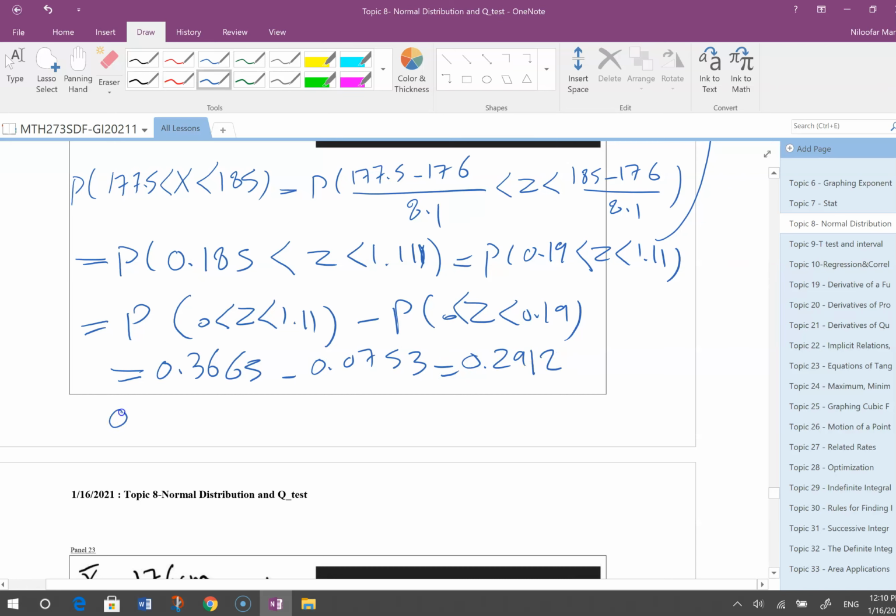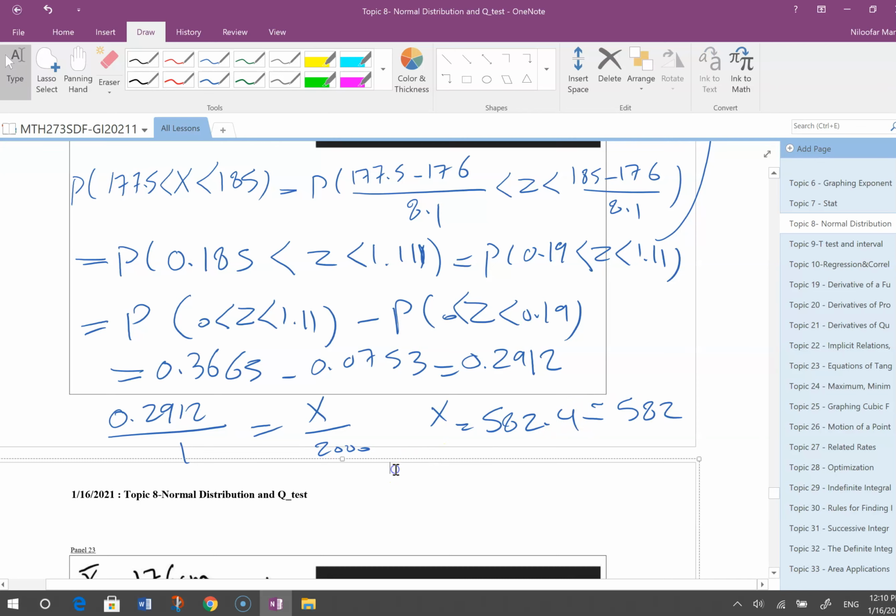And then it is 0.2912 divided by 1, and how many over 2000? And then X is 582.4, which is rounded to 582 because it's number of people, I don't go up. Okay, so 582 students